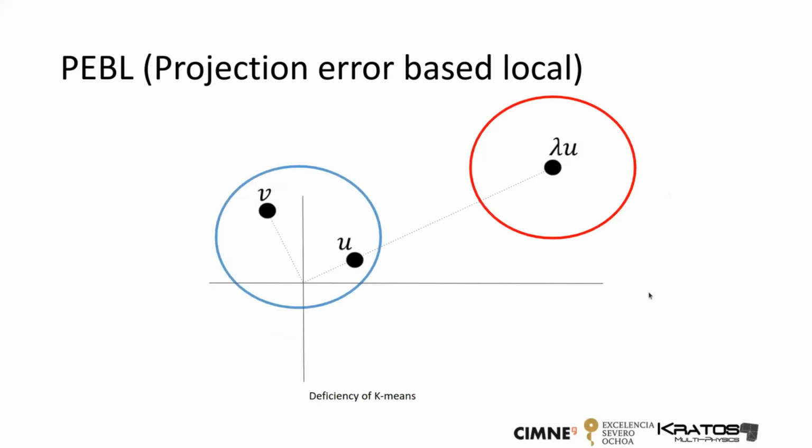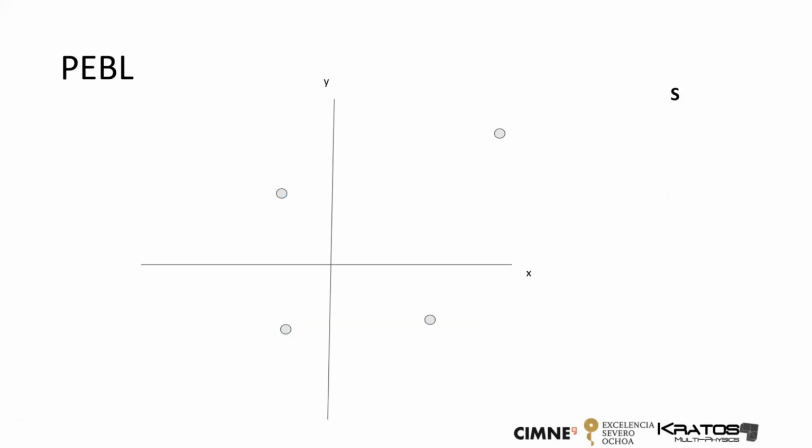Probably based on this, they say, okay, probably we can use something like this idea to create a better clustering for model reduction. And please bear with me, I will just try to explain it, and this is quite easy. So you have S, which is your snapshot matrix, in this case, these 4 points. First step, find the one with the largest norm. Here it is, C1. And now project the rest of the points onto this. Okay, this is the projection error. And then find the largest projection error. Here it is. And I assign it C2.